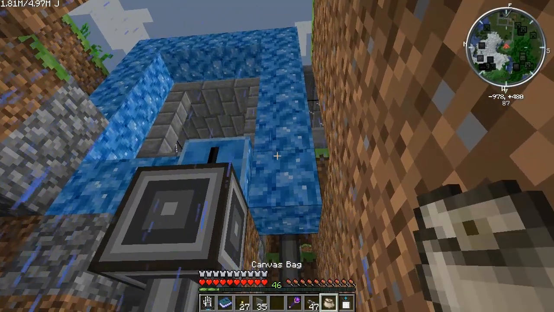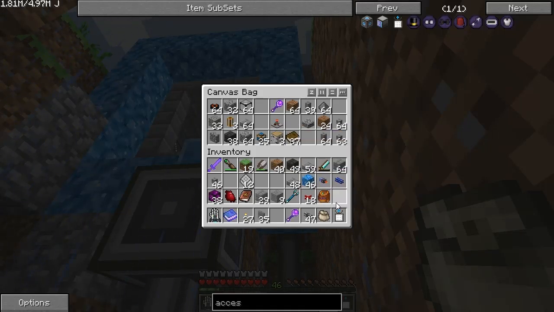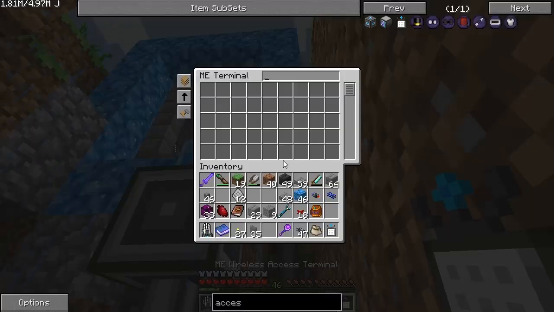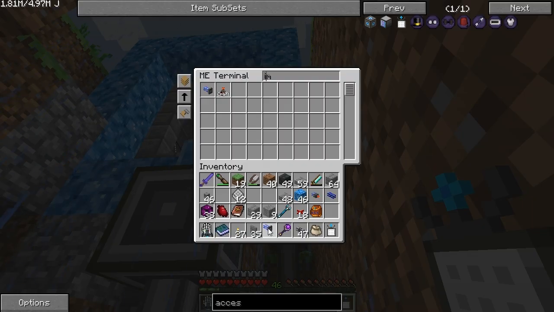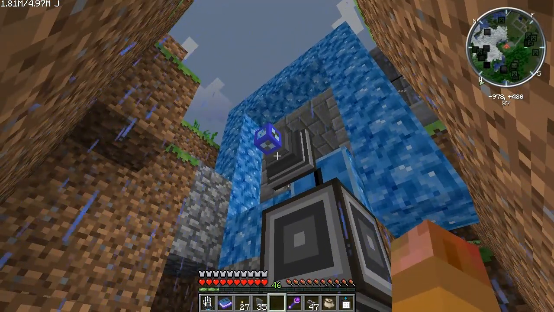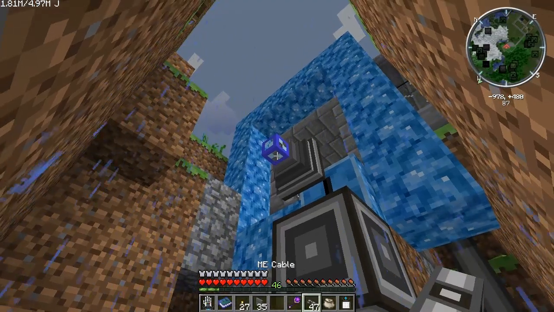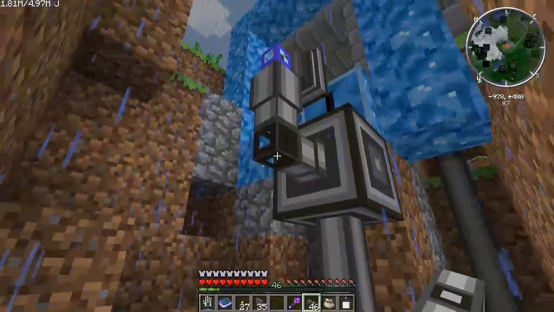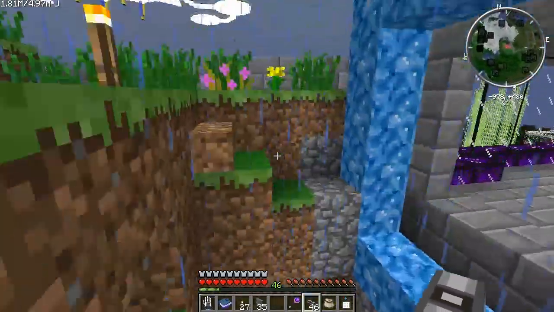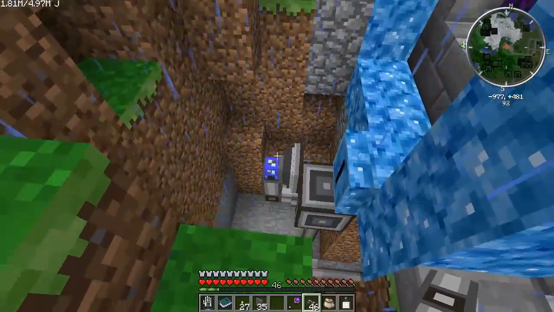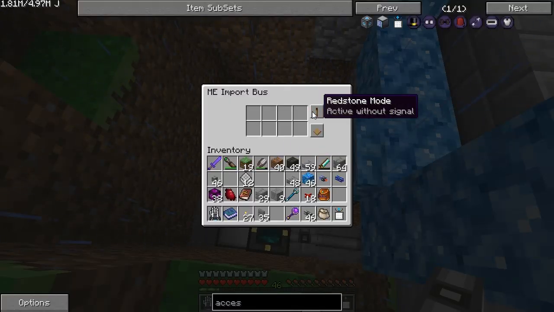I'm sure I had one. Okay, import bus, excellent. I'm going to put that on there, and we're going to cable it in. Then what we're going to do is we're going to set that active